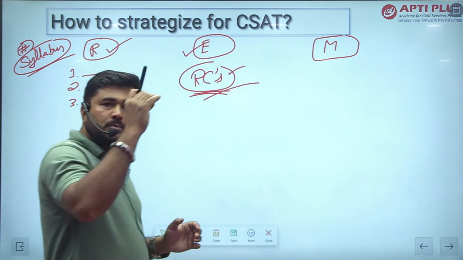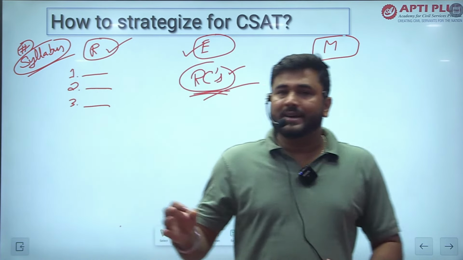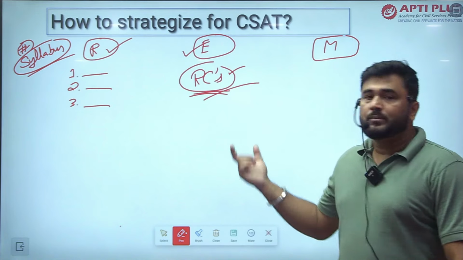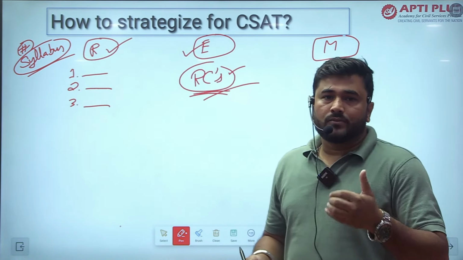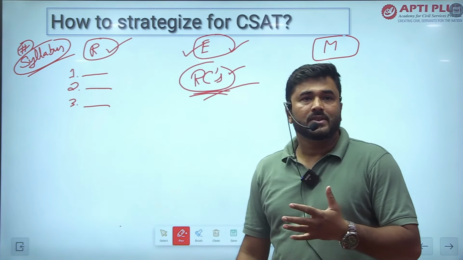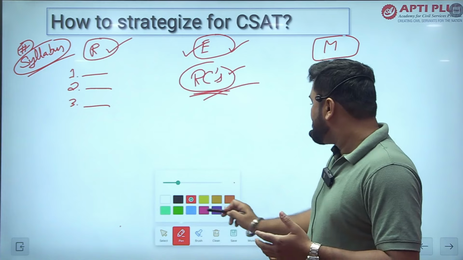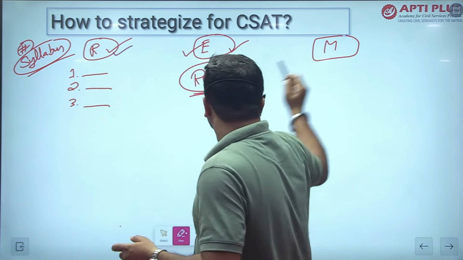You just need to do proper practice on the RCs. That's it. If anyone does proper practice on the reading comprehensions and the inferences, and gets the proper conclusions of the inferences, then you can easily get the RCs correct. Okay, so after this, you have to analyze properly in the reasoning and math sections.